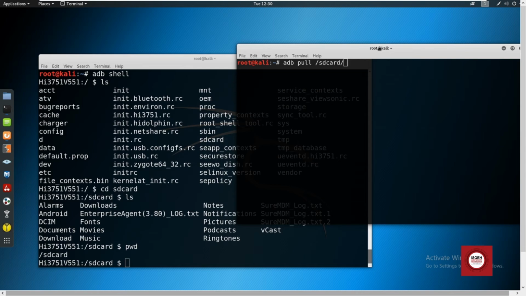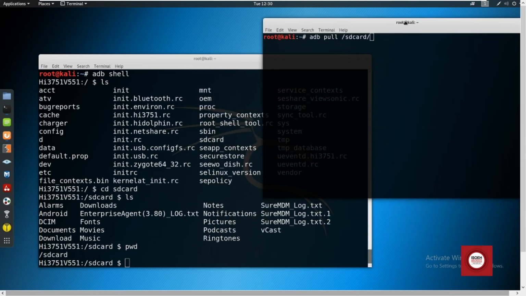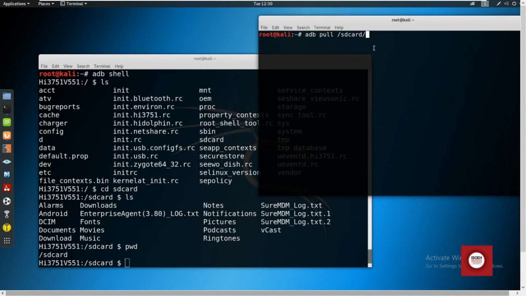Then this is my text file I want to download. So downloading has started.